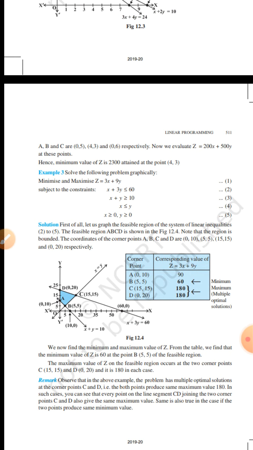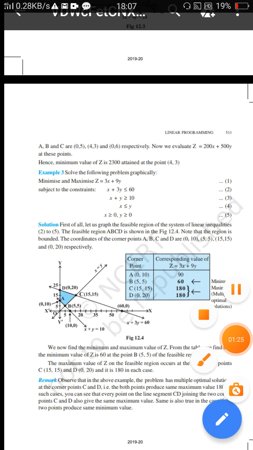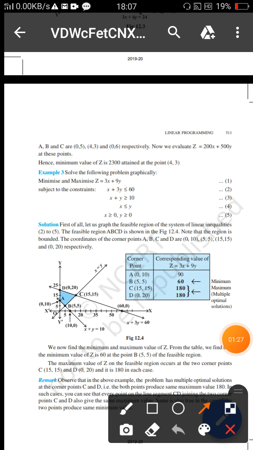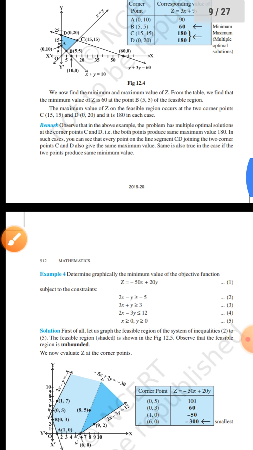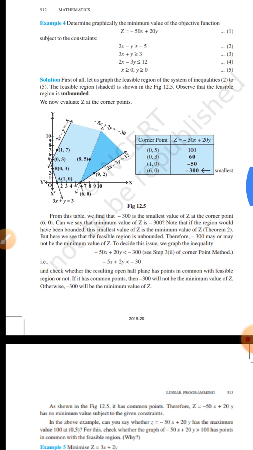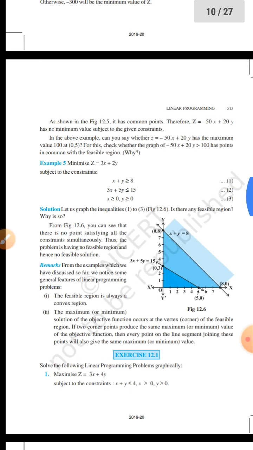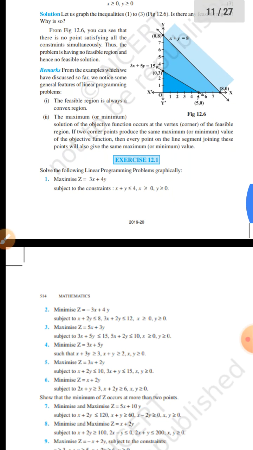These are some questions in this. The frequently asked question is Example number 3, which was a frequently asked question in the boards of 2016. So let's move on to this. If you have sufficient time for preparing for the board exams, you can prepare these questions well.